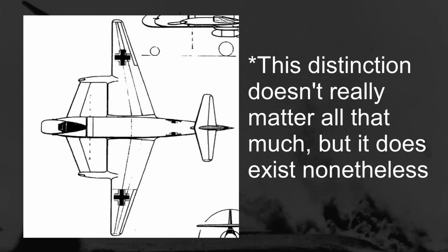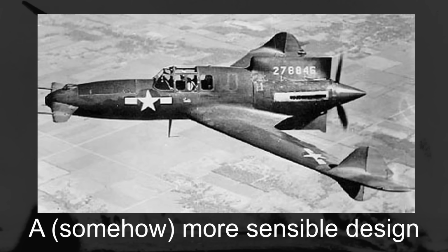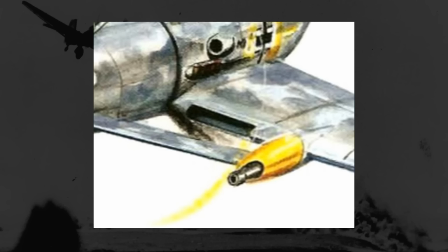In order to give the pilot excellent forward vision unobstructed by the propeller, Blohm Voss elected to forego putting the propeller on the tail as a pure pusher plane, and instead placed it just behind the cockpit, with the propeller seemingly extending out from a small gap in the fuselage. The engine would be buried in the fuselage just behind the propeller. For cooling purposes, on the leading edge of the wings near the root would be 2 open slits that would